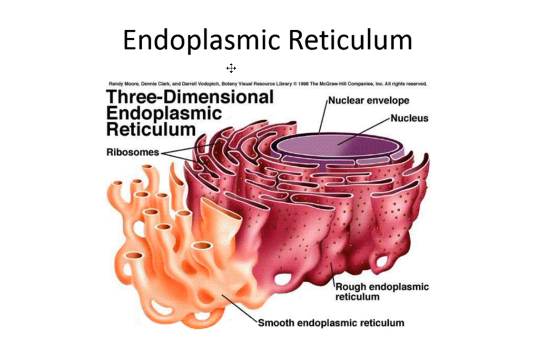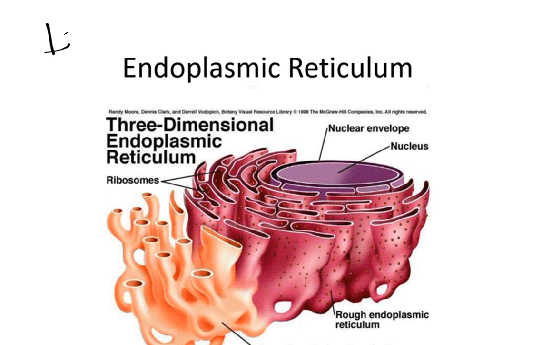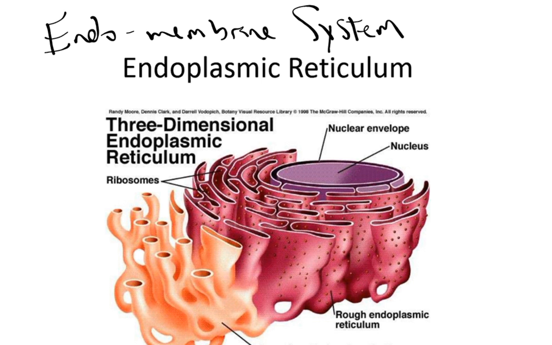So the endoplasmic reticulum is a part of what's called the endomembrane system. Endo means inside, membrane, system. So this is a system of structures inside your cells that are there to help transport proteins in and out of the body. And so the endoplasmic reticulum, its purpose then, part of its purpose, it's both the smooth ER,